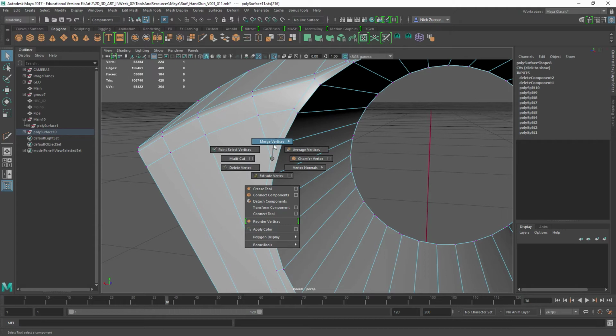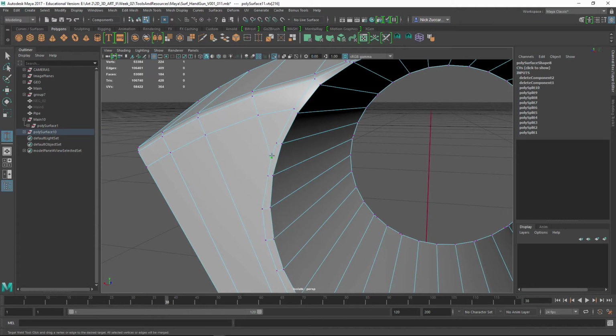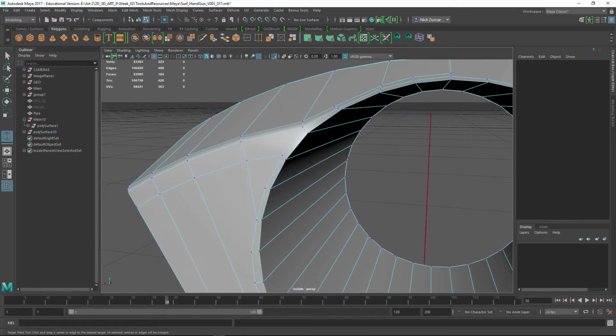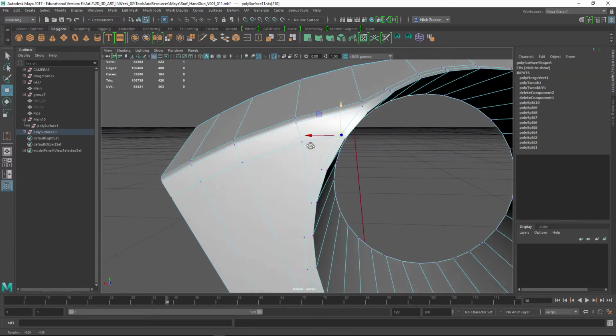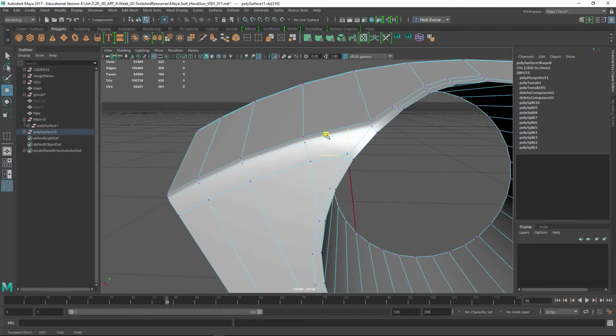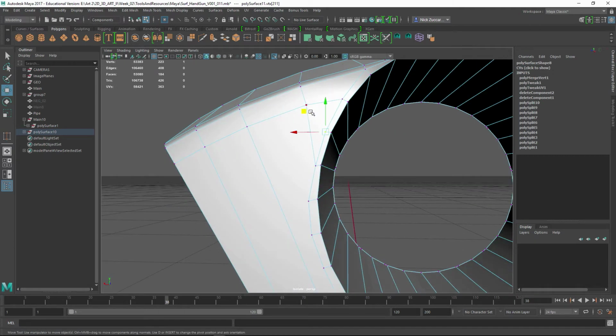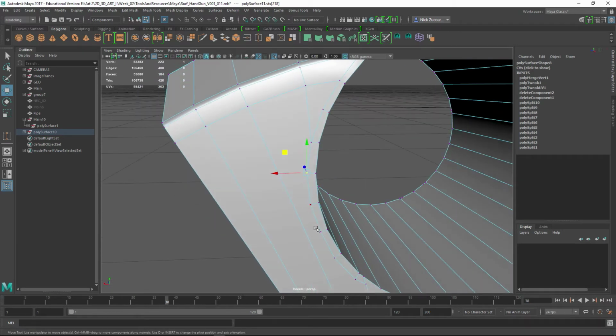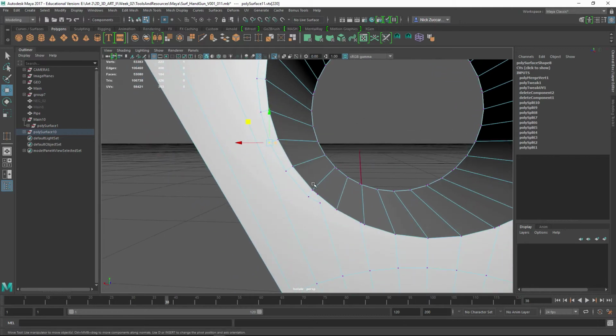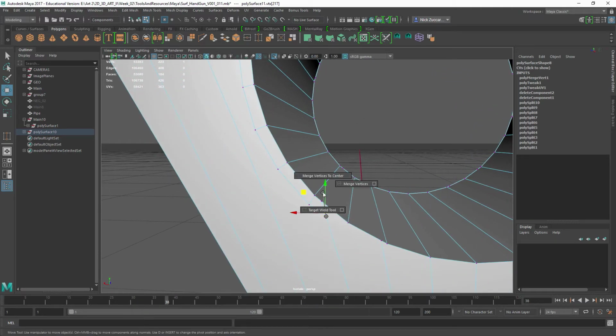Shift right click in there and say target weld. Let's do this through here. So we got something like that, and yeah, we'll kind of pull this geo out. Now, because we're doing all these fixes on this side, if we mirror across, we need to keep that in mind